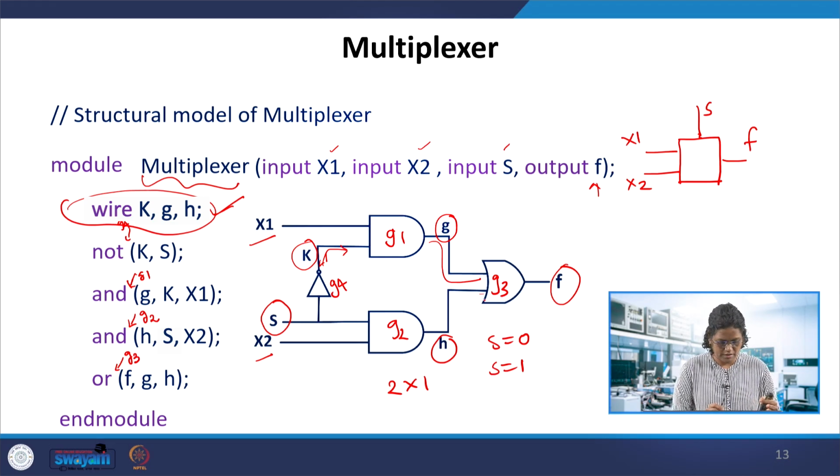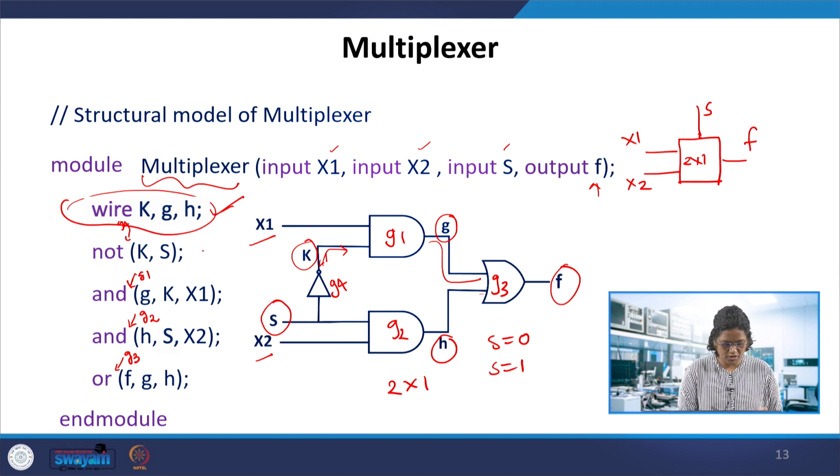If you look at the structural code in this module, between module and endmodule, we have the module name and the declarations. Apart from inputs and outputs, we need to define the declaration of these connections between the hardware elements, that is G1, G2 or G3. So K, G, H need to be declared here. This is a 2 to 1 mux, and F is the output. If select is 0, x1 will be passed, and if select is 1, x2 will be passed. This is how this multiplexer would work in this module.